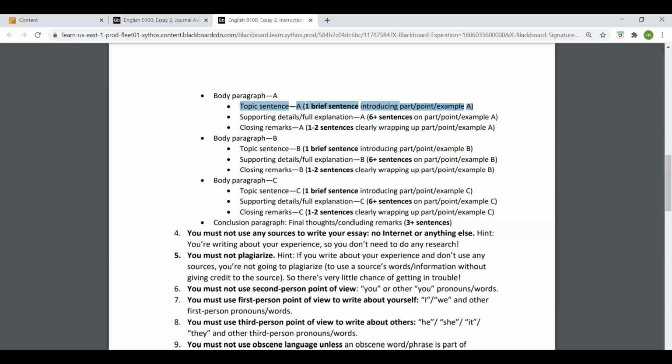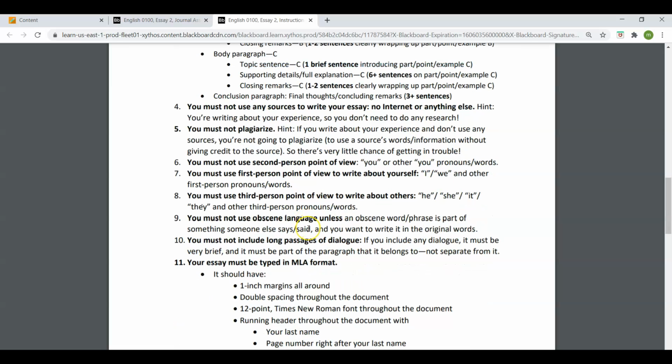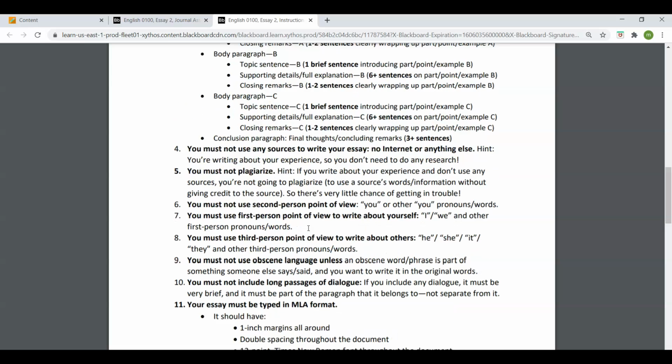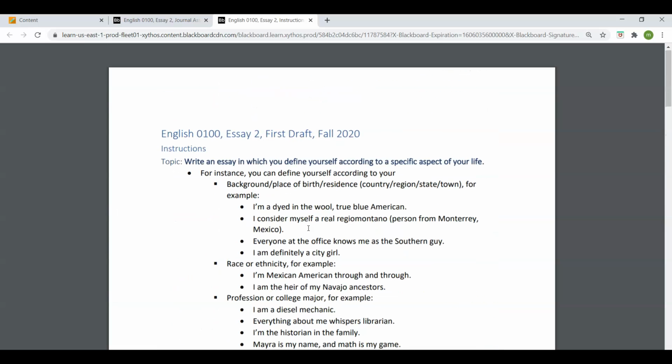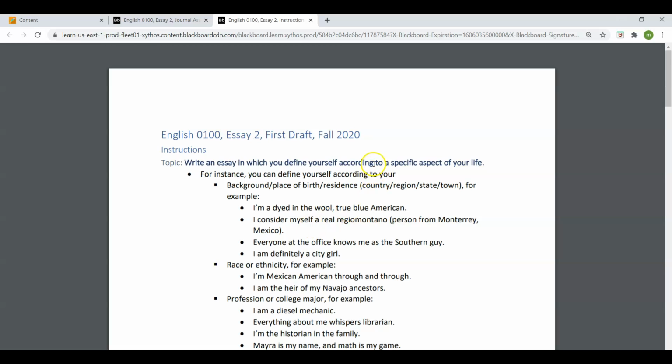If you have access to a printer, perhaps at a public place or even in your own home, print out the whole instructions and make sure you're following the instructions as you do it. If you do that, you'll be able to write this essay in an organized way that makes sense.